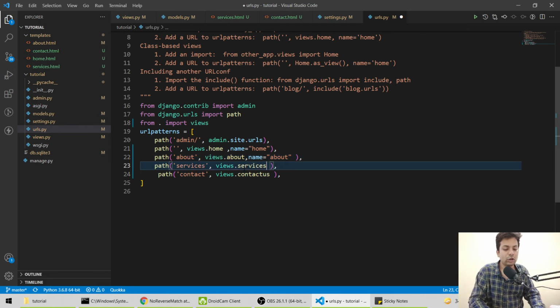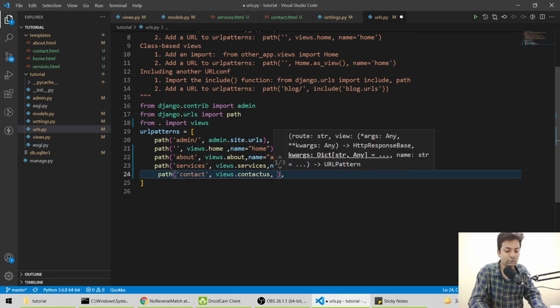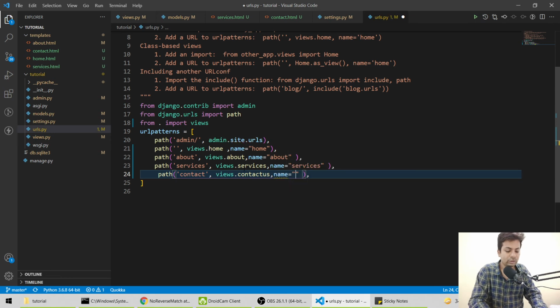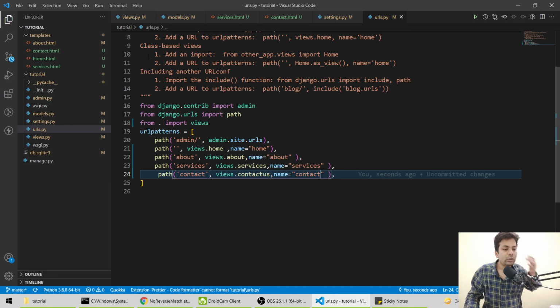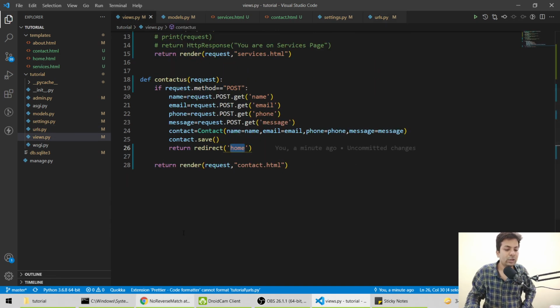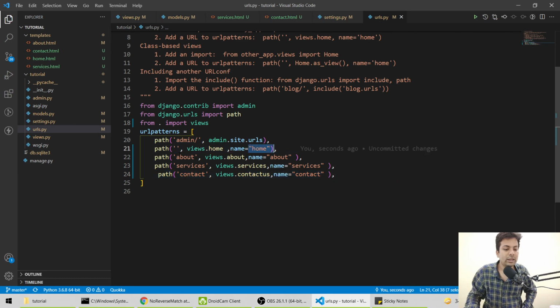This name will not be used in this redirect only, you'll use it in multiple places. When you learn more about Django, you will know. Contact, so I've given a name to every route, and now it will go directly to the route that matches. Like I told it home, so it will come here, check for name home, and go there.